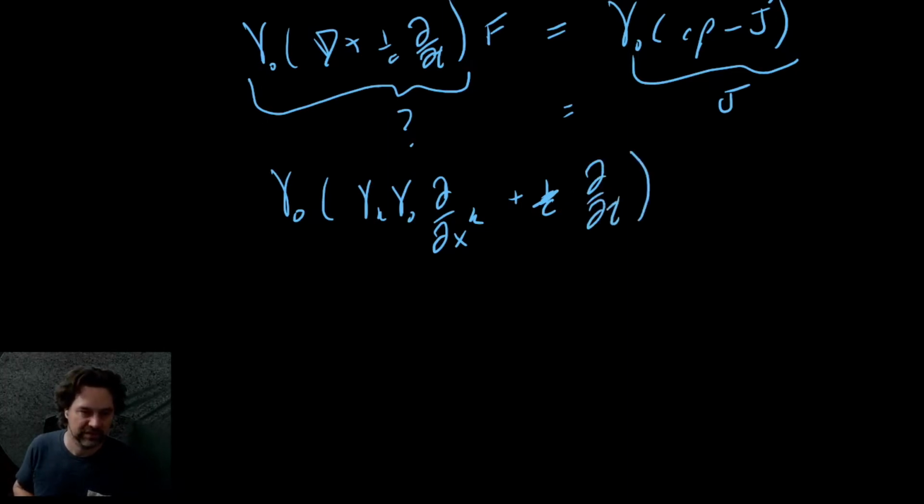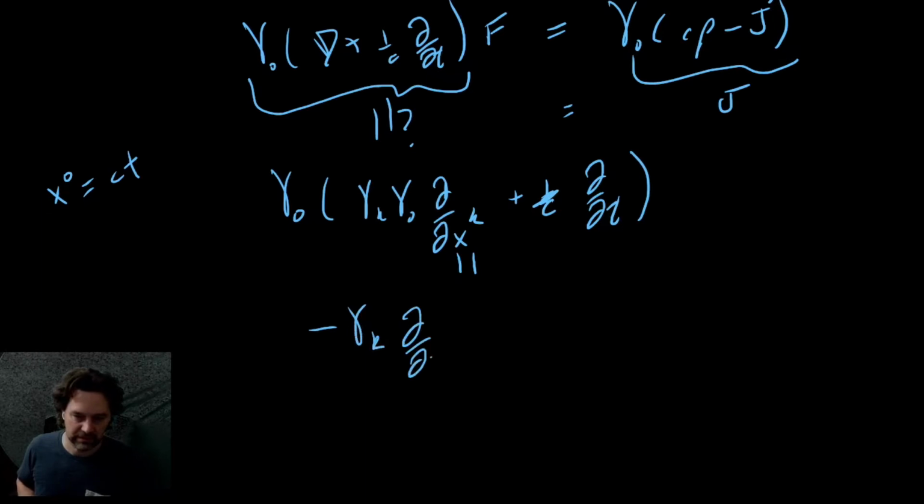And we're going to write the customary form of x naught equals ct. So now we're left with gamma k gamma naught gamma k, and we just computed that, which is minus gamma k. So we have minus gamma k ddx k plus